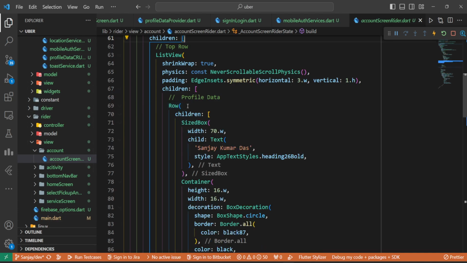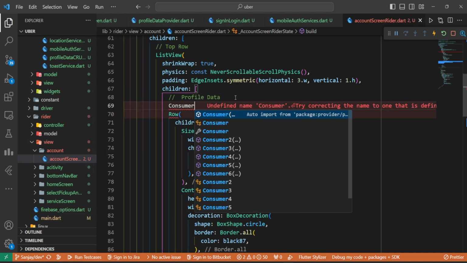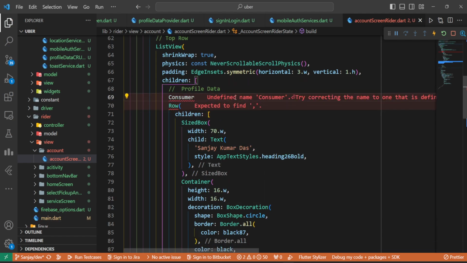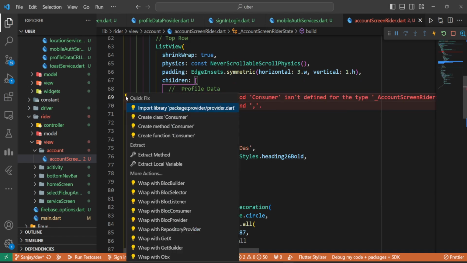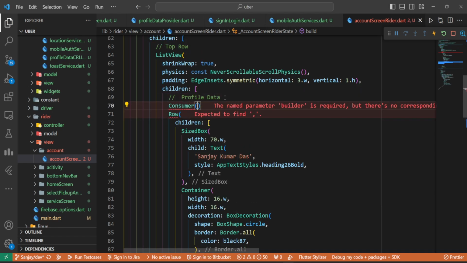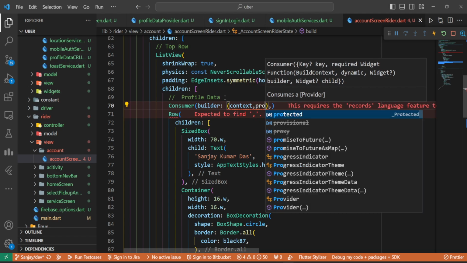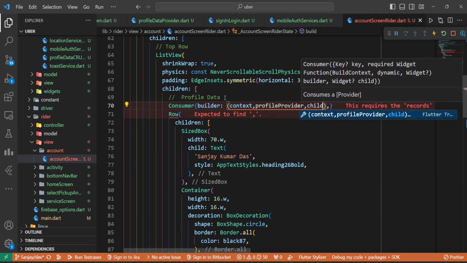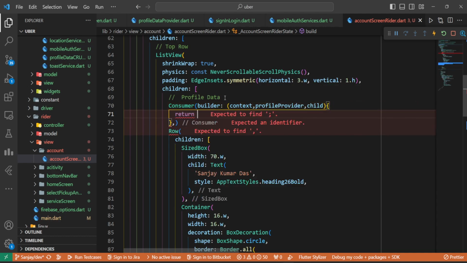Here this is profile data, so we will go with consumer builder. Let's import this provider file, consumer builder, and it's going to be context comma profile provider comma child, and here we'll return